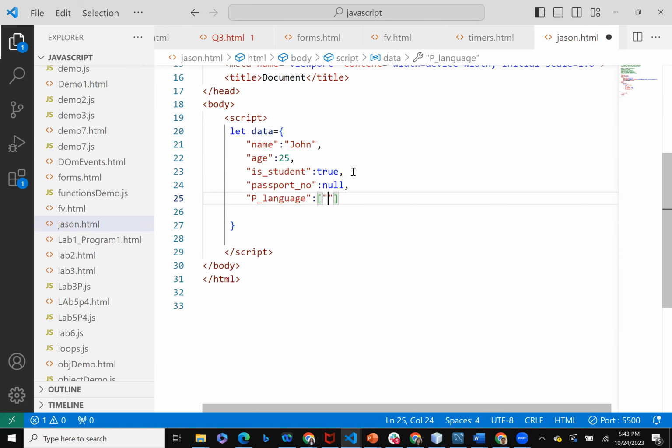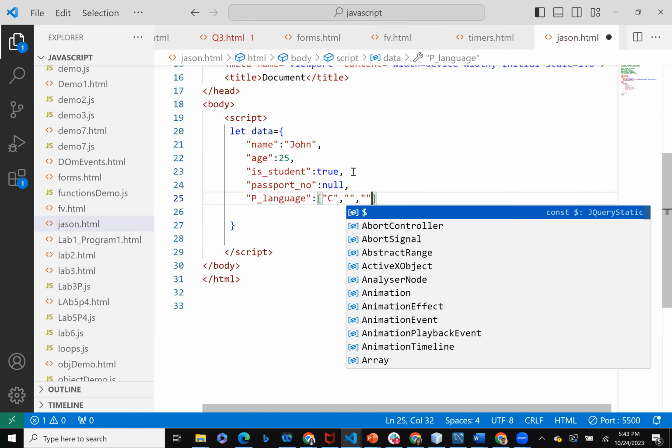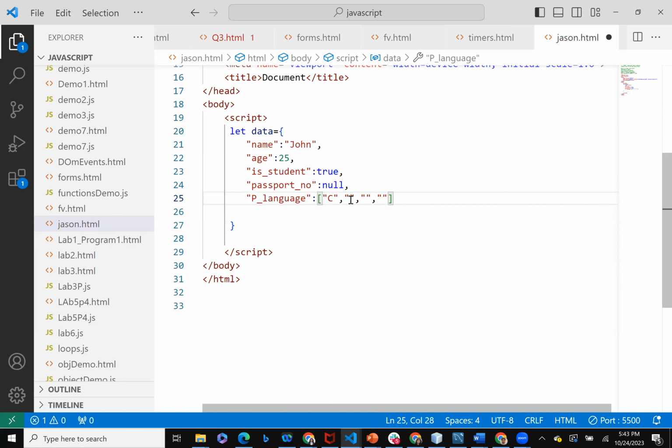So let's say C, C++, let's say Java, again Python. And again, comma, and herein,